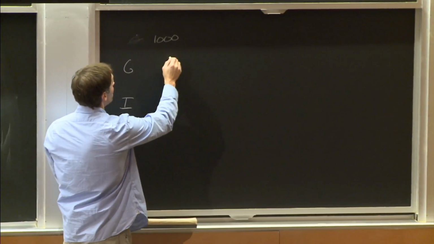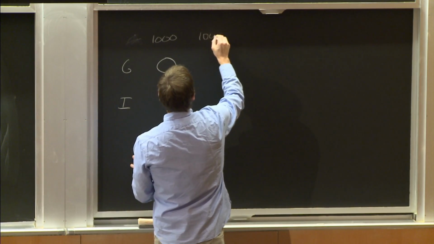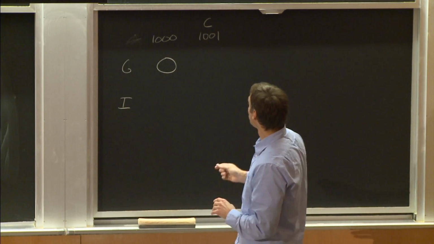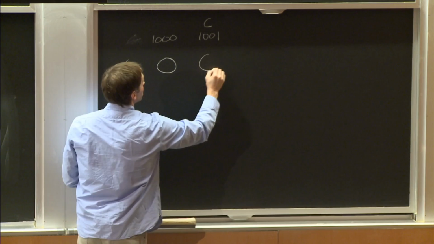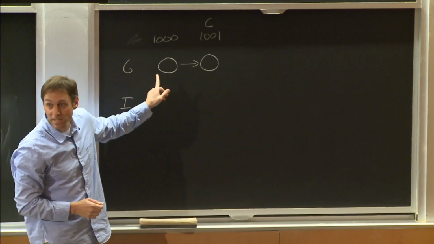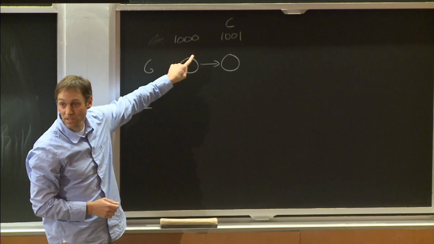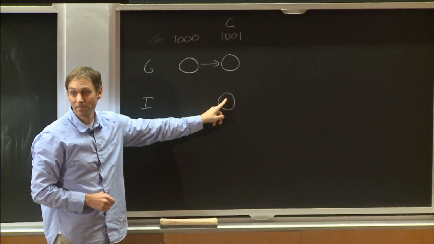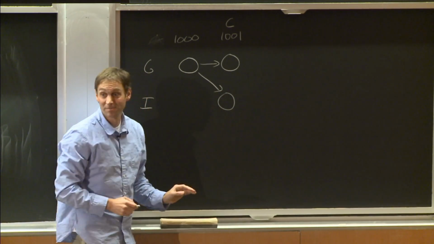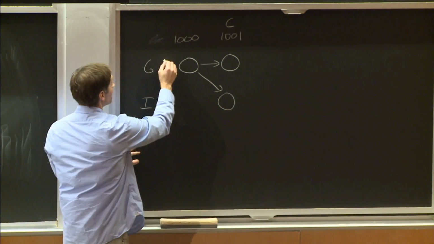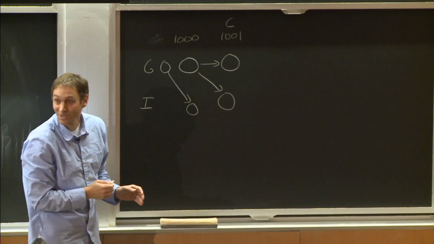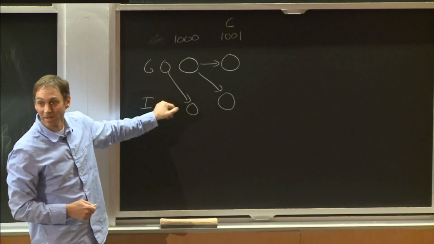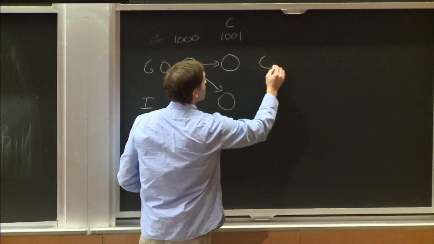Well, so clearly this is going to be the winner, right? So let's go to position 1001. That's the first C, right? This guy is going to come from here. This guy is the winner overall. G1000 is clearly the winner. But what about this guy? Where is it coming from? G1000, it's coming from there, right? And in fact, the previous guy came from G1000. I1000 came from G999, and so forth.